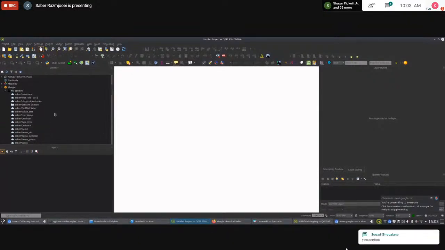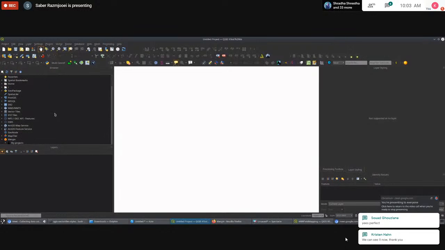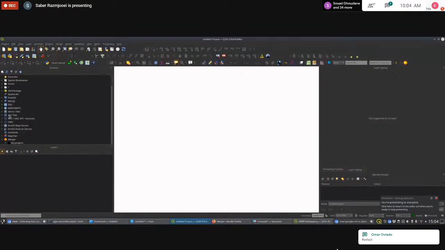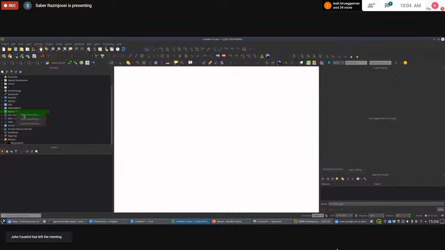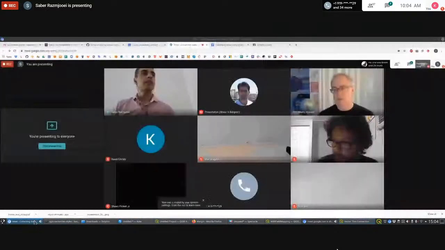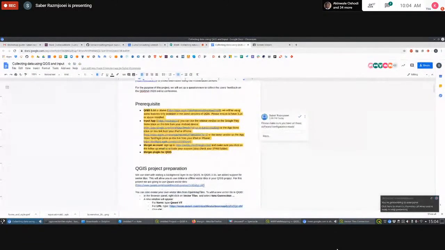Here it's a blank QGIS project, and we can add a bunch of layers. For the purpose of this one, we are going to add a new vector tiles. Vector tiles, it's a new data provider, which probably Kurt is going to explain more in details today in the later presentation. But for that, we can create a new connection and call it test because I have it here. And then there is a link I have put under the